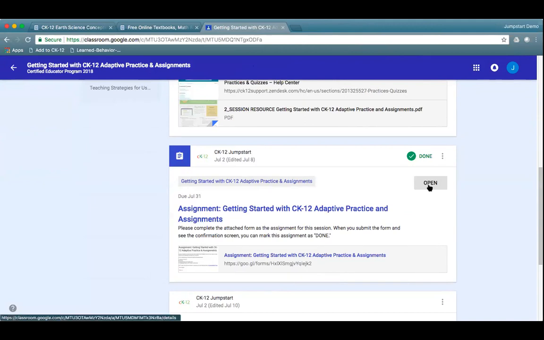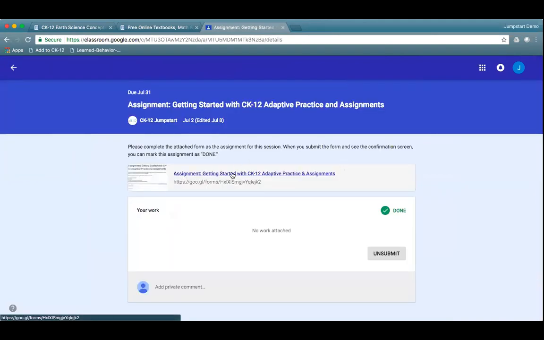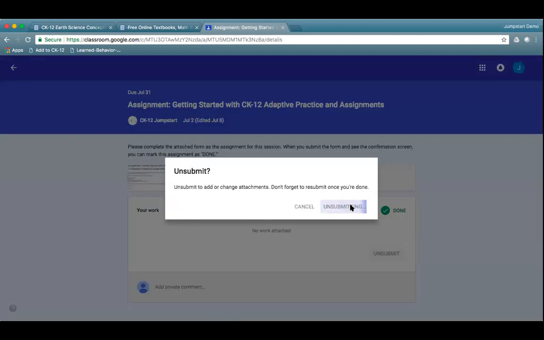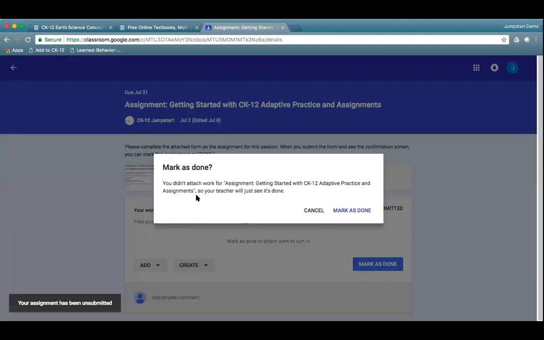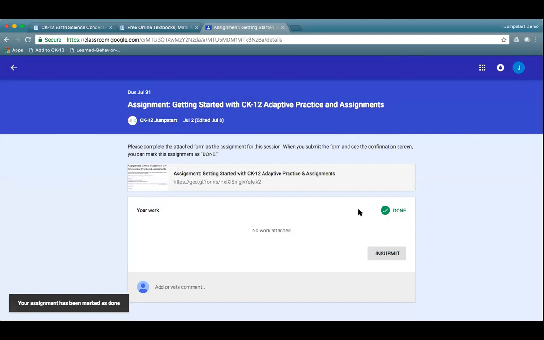So if I open this assignment, there's two parts. One is the form, which I could access directly. I'm going to unsubmit this because I think I was demoing this a minute ago. But once I've done this form and I get my confirmation screen, you can mark this as done. And I know it says there's no attachment. That's not a problem. The marking it as done is for your own records. You don't have to attach anything. You don't have to worry about that piece. Because it's a form, it's not going to auto submit when you attach something. So just go ahead and mark that as done, but don't worry about that as you work your way through.